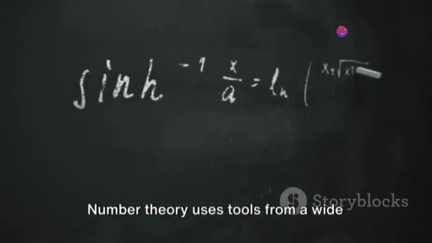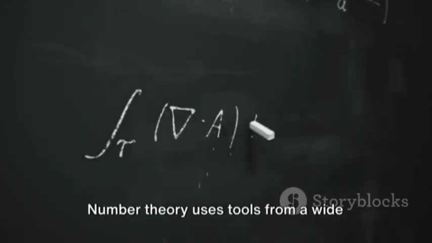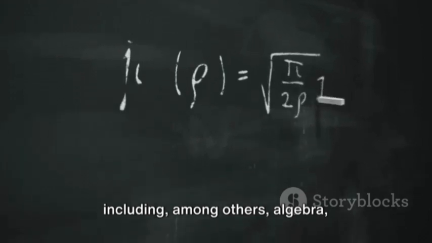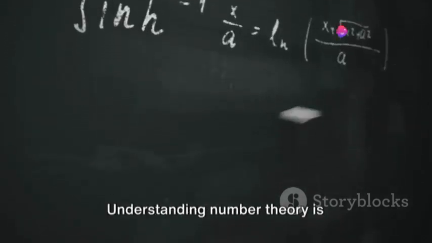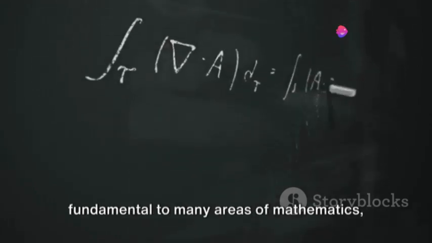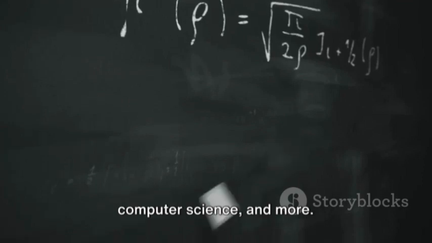Next, we have the how. Number theory uses tools from a wide variety of mathematical disciplines, including, among others, algebra, analysis, and topology. Then we discuss the why. Understanding number theory is fundamental to many areas of mathematics, and it has applications in cryptography, computer science, and more. Finally, the when. Number theory has been studied for thousands of years, and it continues to be a vibrant area